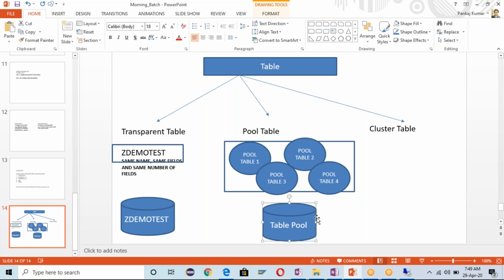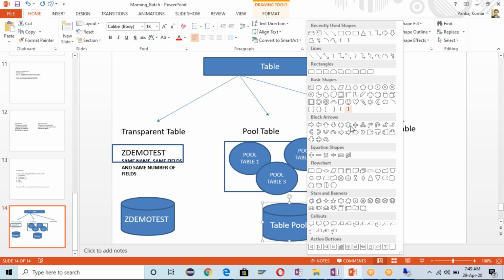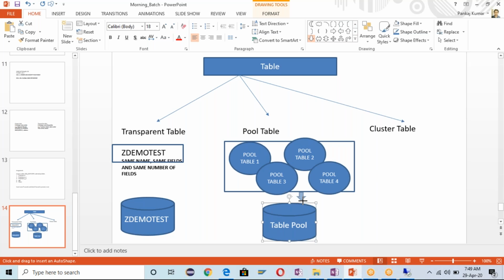This is what happens when it comes to the pool table. And similarly, when you talk about the cluster table,